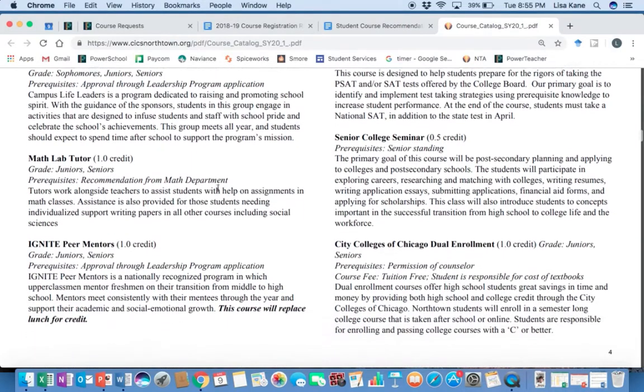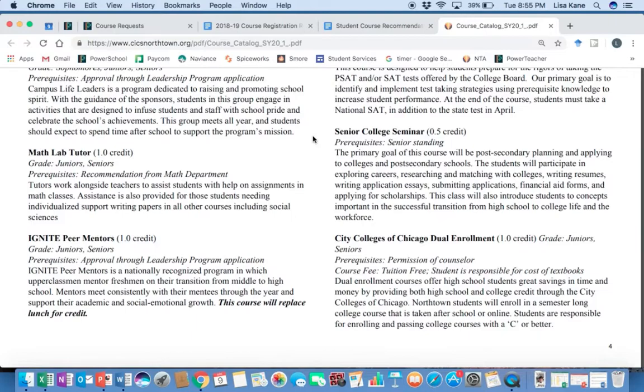The final class I want to highlight is called the Senior College Seminar. This is a half-credit elective course that I strongly recommend for students. In this class, you'll be able to work with a teacher and get all of your college applications complete. You'll be able to complete your FAFSA, your financial aid application. You'll be able to get a lot of support on doing your personal statement, your college essay, and you can also get help applying for scholarships, among other skills that you'll want to know about as you're leaving high school